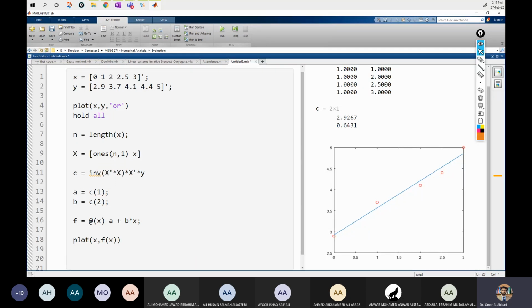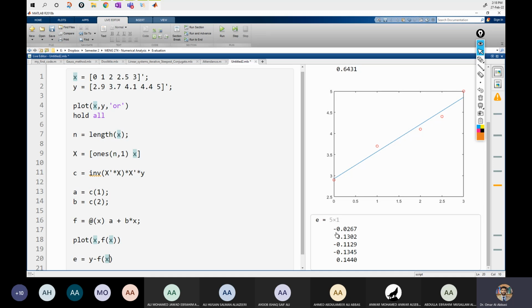Right. What else do I want to calculate? I want to calculate the error. So error 1 equals y 1 minus f of x, I would say, right? Okay, the matrix. So if we do so, guys, this is basically the error at the first point, the error at the second point, the third, the fourth, the fifth point, right? And at each point, sometimes you can see that over here it's below the curve, so it's negative. Over here it's above the curve, positive, below, negative,